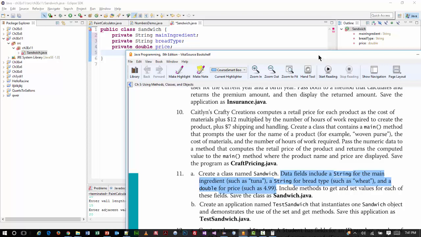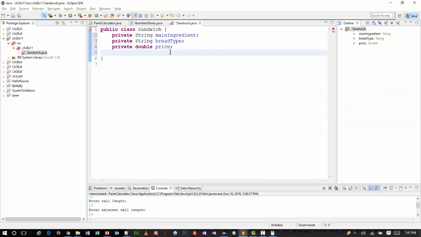So, because we're creating a class, which is going to be the blueprint, we're just setting up a structure. We're not getting any values here, not in here. Now, typically when we include methods to get and set, we would do something of this nature. We would do public